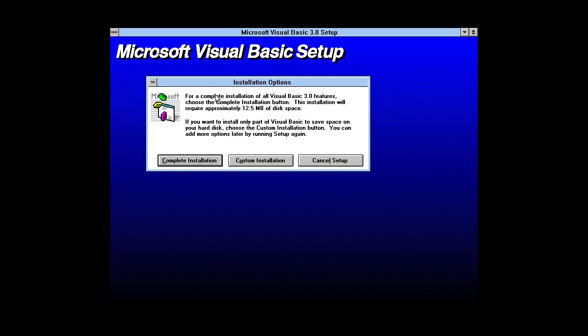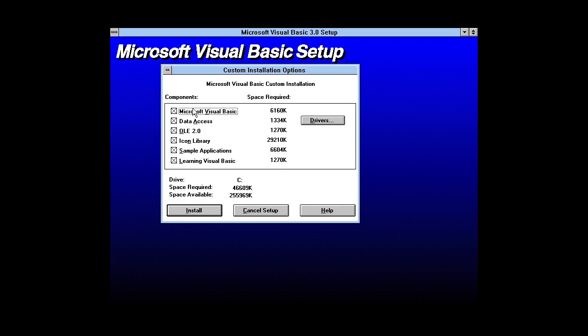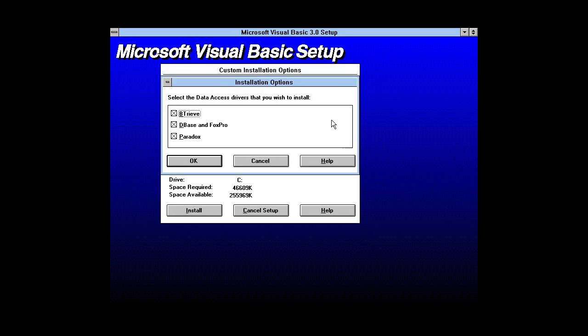Create directory. Oh my gosh, 12.5 megabytes of disk space. That's like nothing today, but if I think back, the hard drive I originally installed this on only had a 200 megabyte hard drive. And I don't think that was an actual 200 megabytes. I think it was a DoubleSpace disk, so it was probably less than that. Oh, we can customize. I don't think I'll use this, but